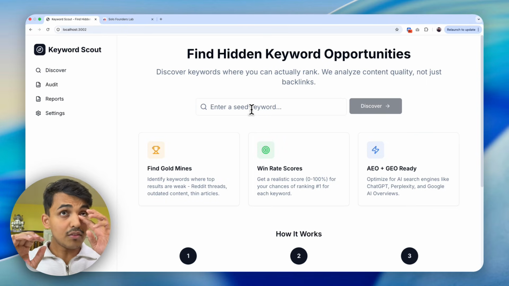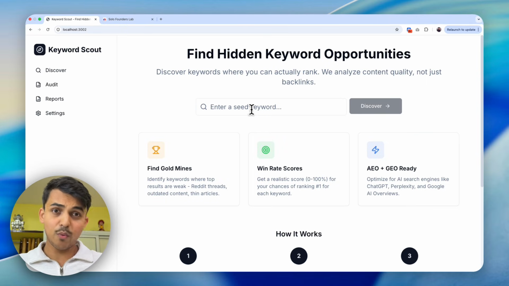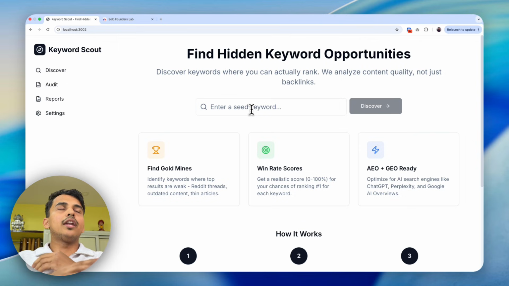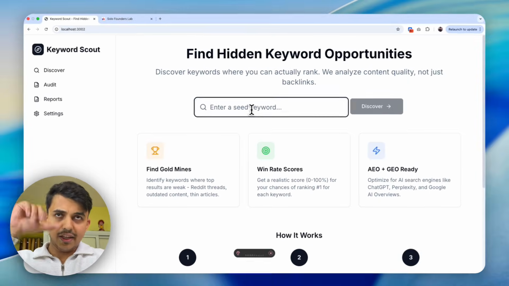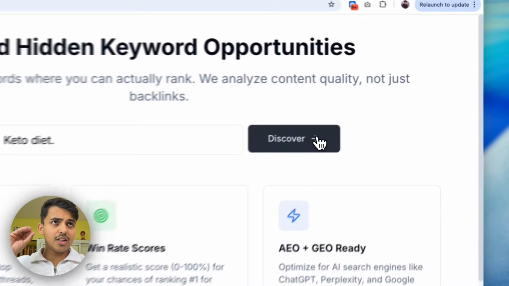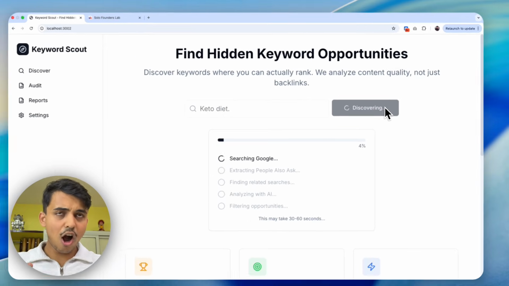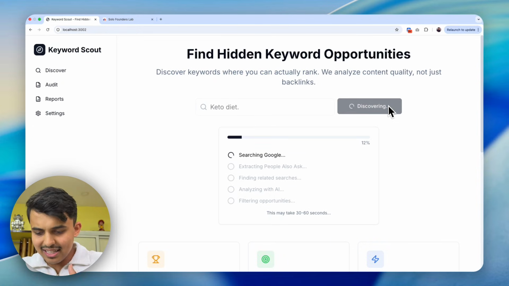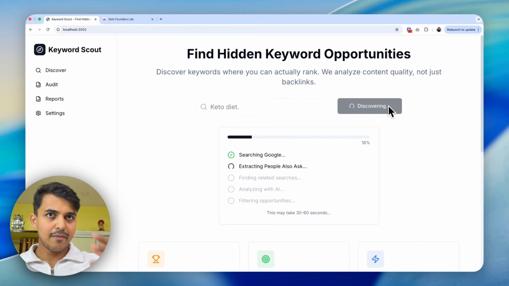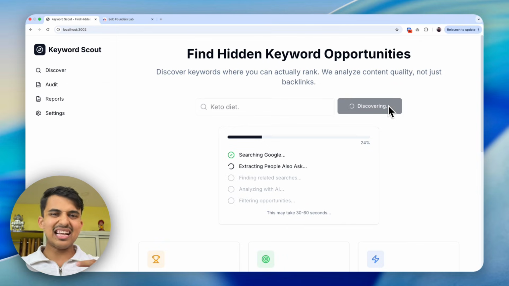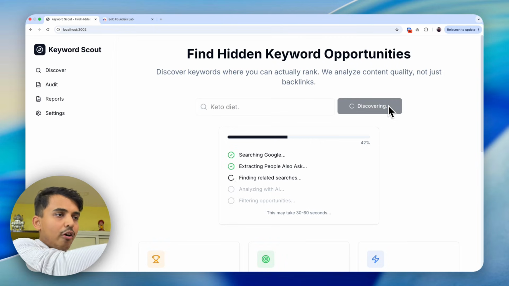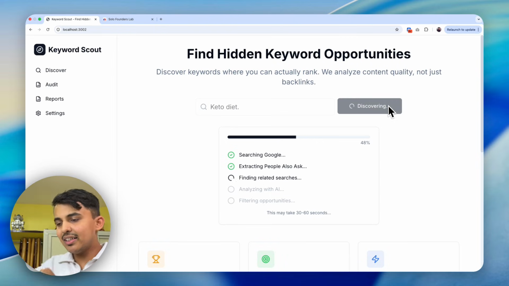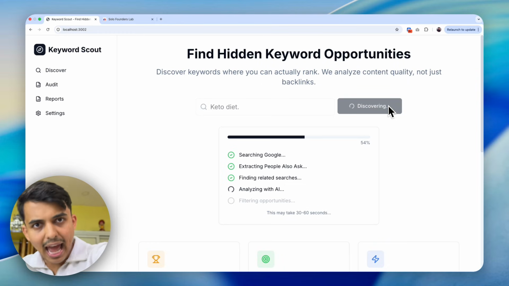Okay, let me actually explain, right? So let's say you can start with the seed keyword or any website, but you don't even need to go full detail, right? Just say, let's say keto diet, for example, right? I just wanna know what is the concept, okay? What is it about this keto diet that is blowing up, that has a high demand, low competition, most use case? Where is my probability of success high? Give me the actionable content plan, right?